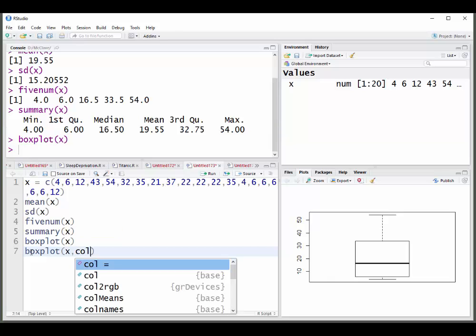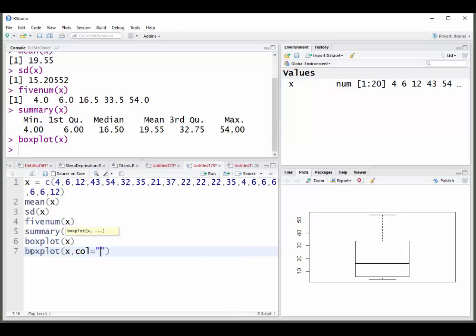COL is the command for color, equal, and you have to open quotations and type the color. You could actually do it with numbers, but colors: you could put red or dark red or blue. Sky blue is one. I'm going to select goldenrod